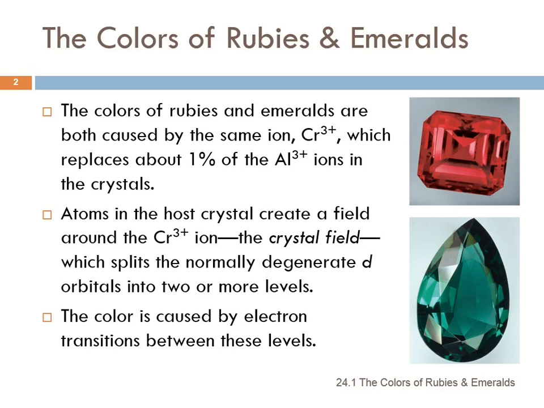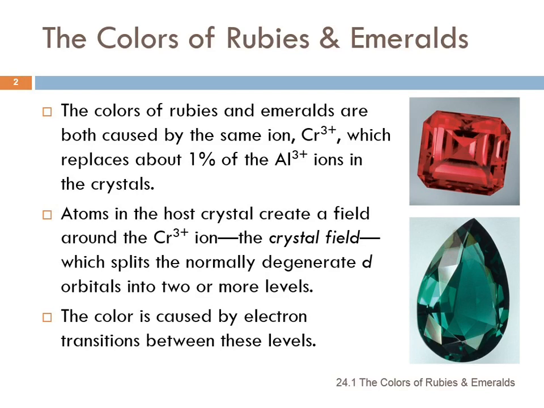Very different colors, right? The color of both of these gemstones is due to the same ion. It's due to the chromium 3+ ion. So in each of these ionic compounds, and that's what crystals are, they're ionic compounds, both of these compounds contain aluminum ions. And about 1% of the aluminum ions, if I remember correctly, that's a ruby. Ruby is iron oxide, and I don't remember the formula for the emerald. Aluminum oxide, about 1% of the aluminum ions are replaced with chromium ions, and that's what gives it that beautiful